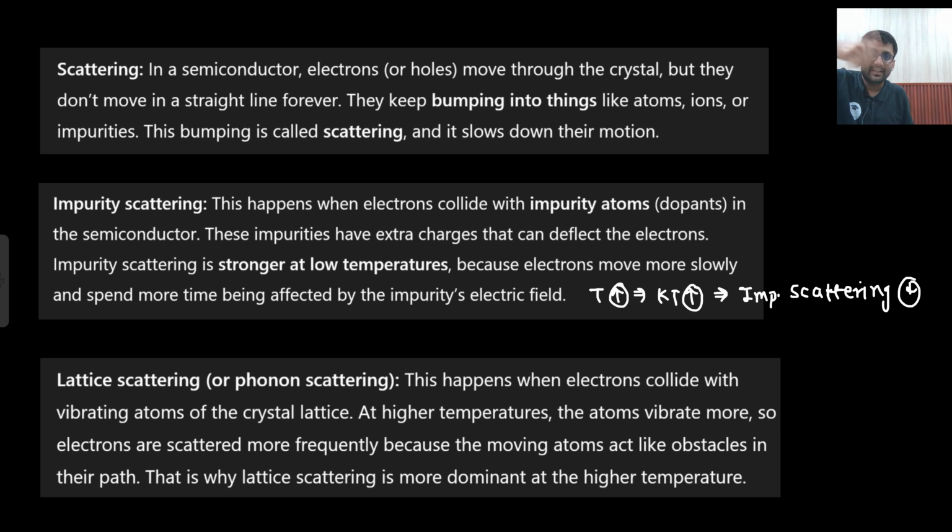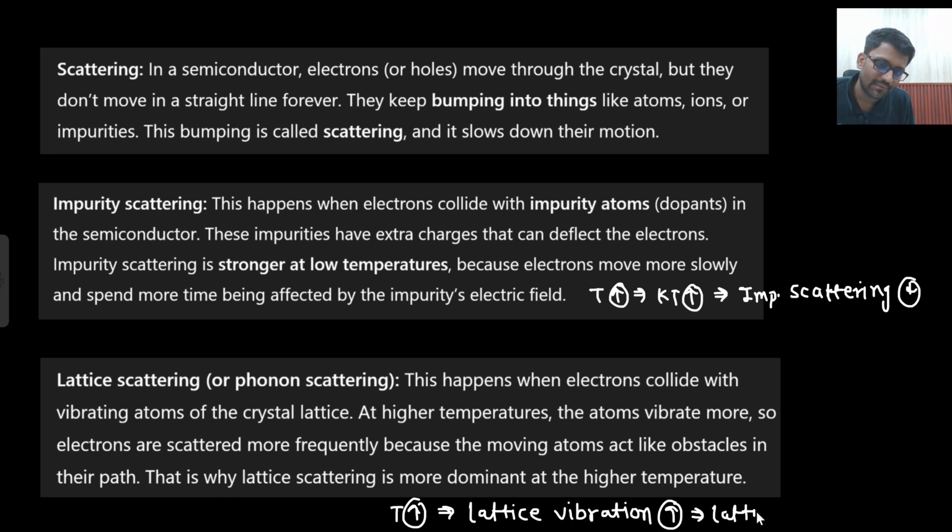Right, the moving atoms, those silicon atoms, will work as a hindrance in their path. This is why lattice scattering is more dominant at high temperature. Did you understand this point? Lattice scattering is more dominant at high temperature. Why is that so? Because as the temperature increases, vibrations will increase. Lattice vibration will increase. Lattice vibration means atom vibration. If lattice vibration is increasing,